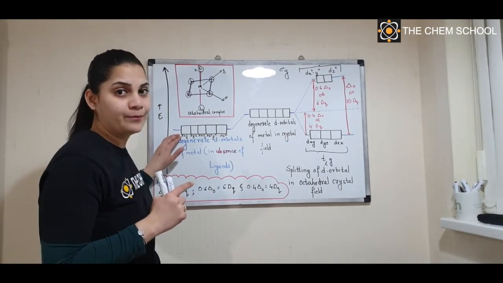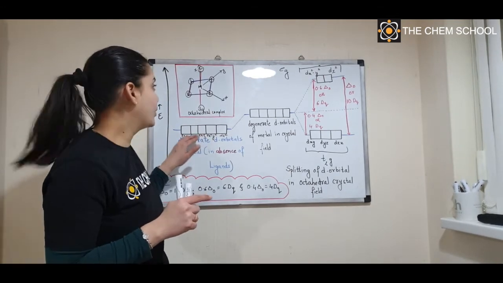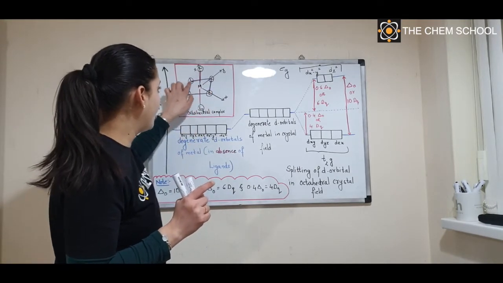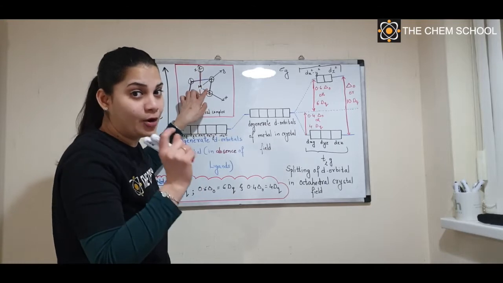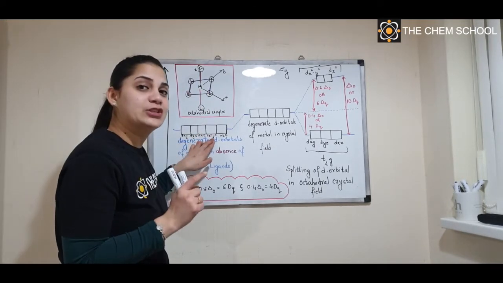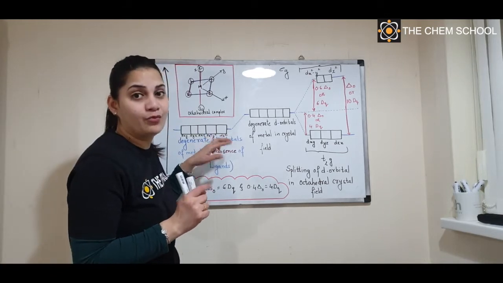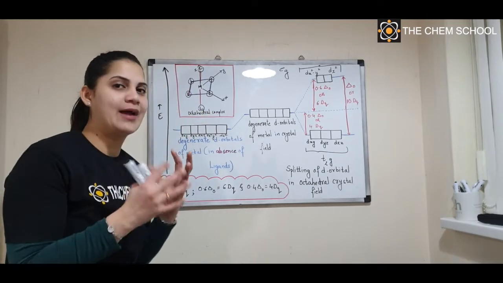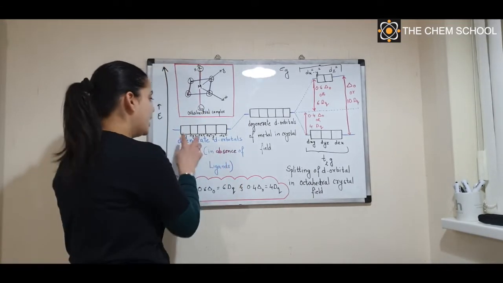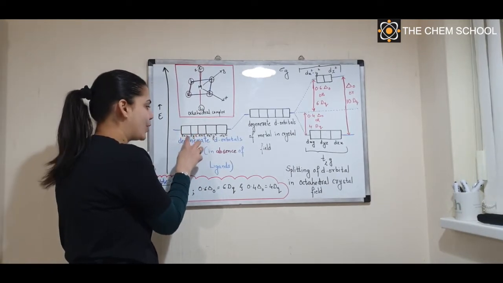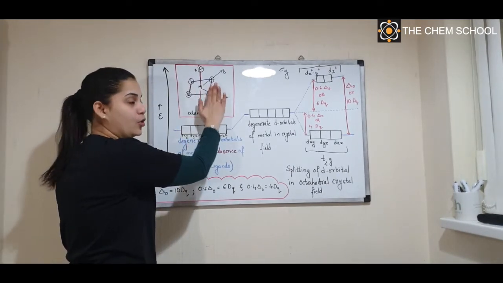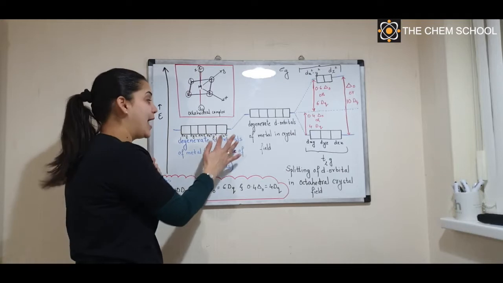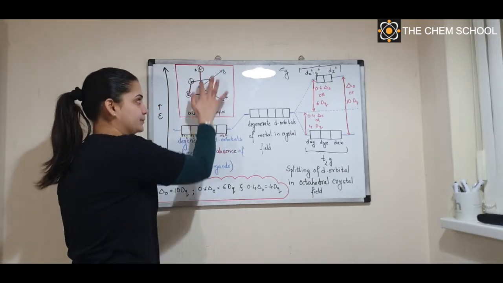The d orbital suborbital names are as follows. You will have dxy, dyz, dxz, and these three lie in the same plane. These are the three orbitals which will lie in this plane. Next, you have dx square minus y square and dz square, which lie along the axes of the metal, that is, this position. So we again have one clear picture in the octahedral complex: the first three d orbitals, that is dxy, dyz, dxz, are planar to the central metal, while dx square minus y square and dz square lie axially.